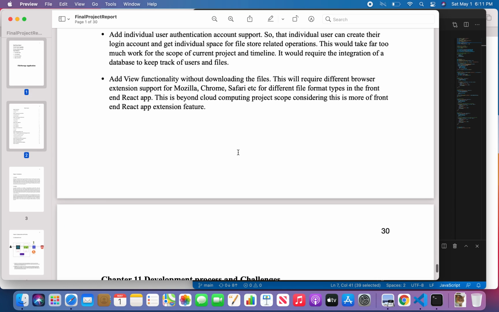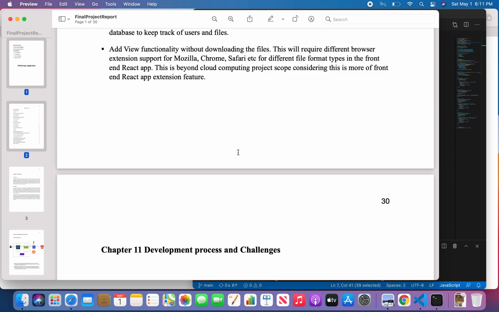files. And apart from that, we may add a view functionality without downloading the files. So the user will be able to see the files instead of downloading them. This will require different browser extension support for Mozilla, Chrome, Safari, etc., for different file formats.